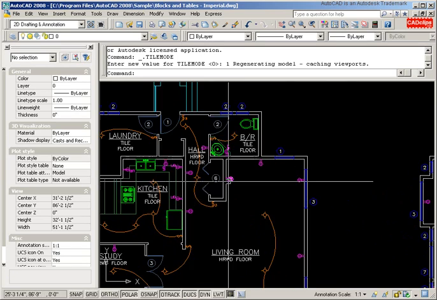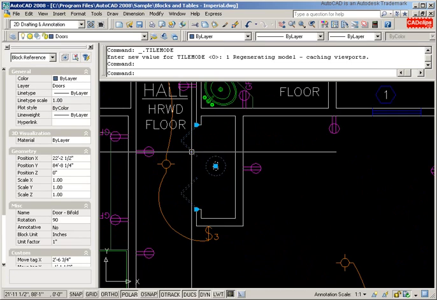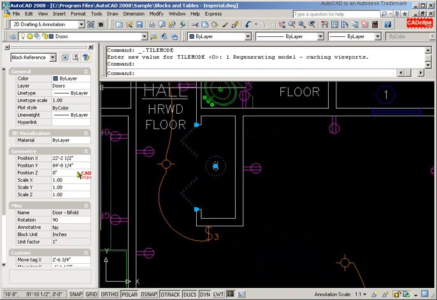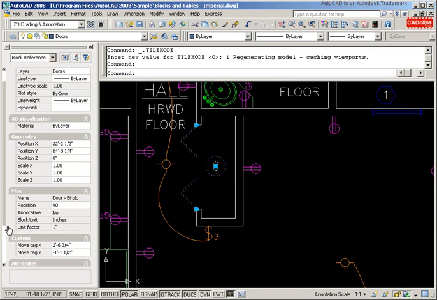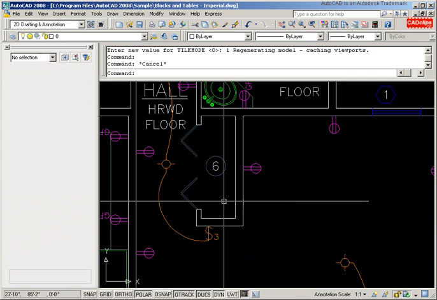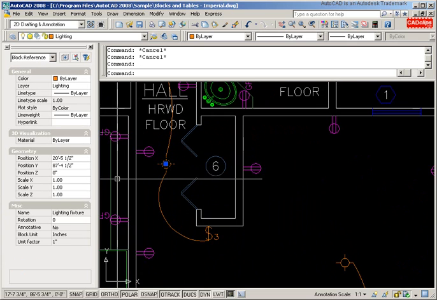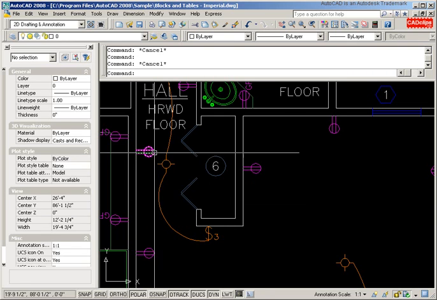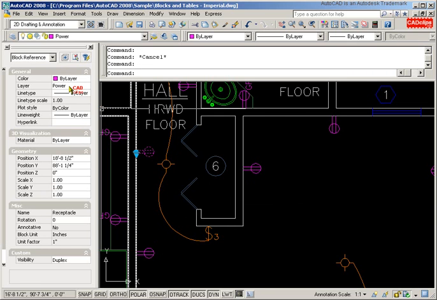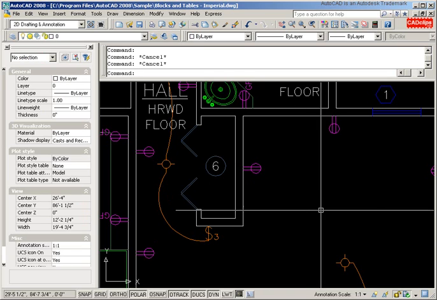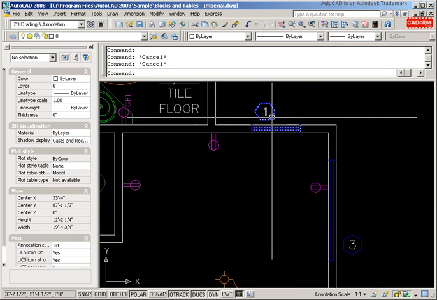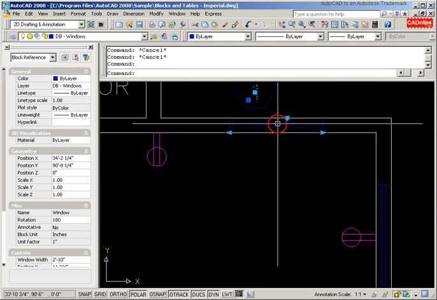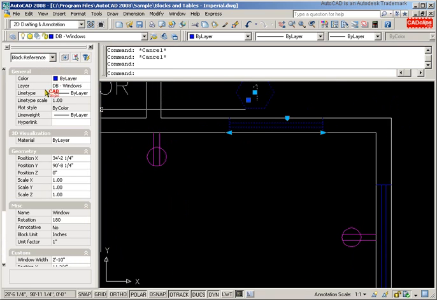Okay, now we've got different types of blocks. Here, if we click on there, it's a block reference, and if we scroll down, the name is door bifold. We can't really change that, but that's just some information. Here's another block, a block reference lighting fixture. Escape on the keyboard, click on here, layer power, and it is a block called receptacle. Okay, block reference. Escape on the keyboard. If I click on the window itself, it tells me it is also a block reference,